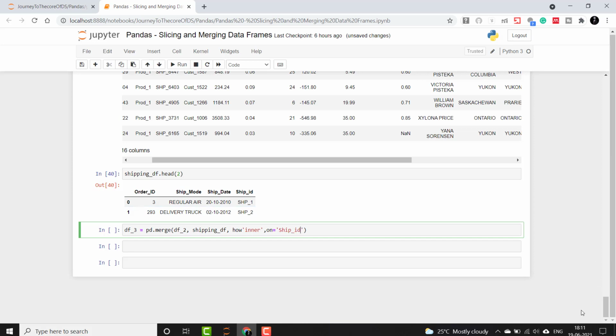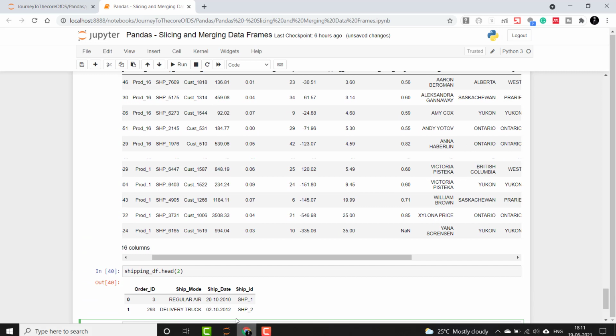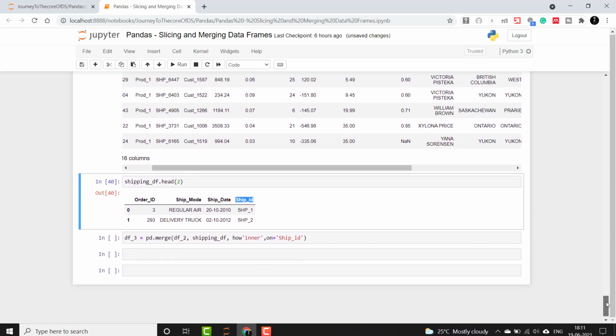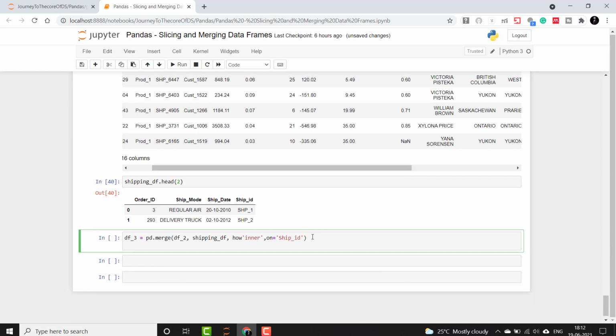You can see here that ship id is present both in shipping df and in the df_2 which we made earlier. So I'll create this and see its shape now.